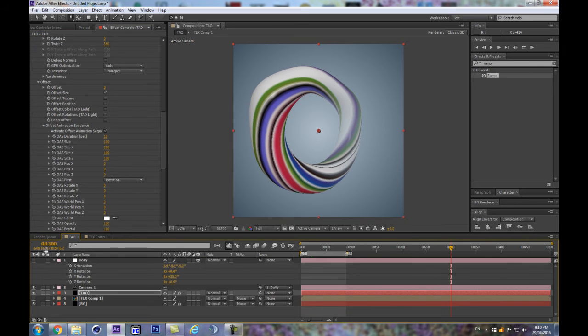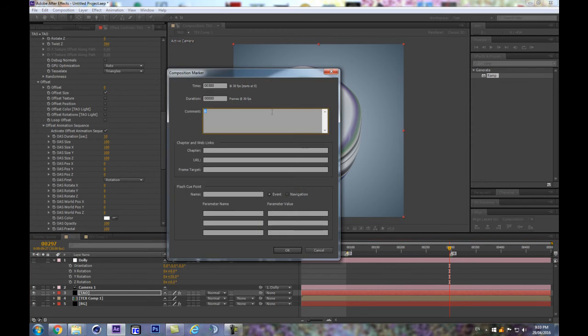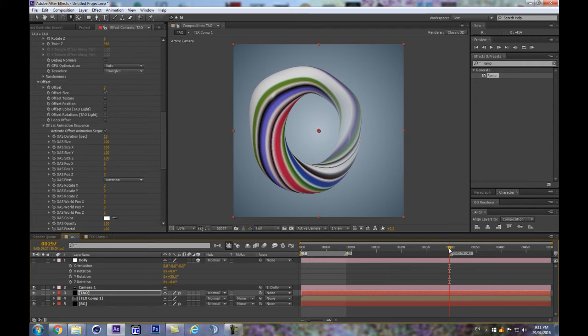At frame 300, let's make a new keyframe here, and let's call this end of OAS, offset animated sequence. So Tao by default is going to use that duration to apply